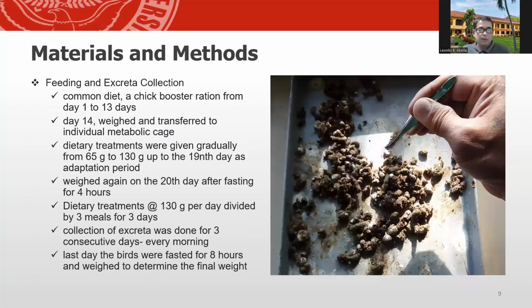Feeding and excreta collection. Chick booster ration from day 1 to 13 was the common diet. On day 14, birds were weighed and transferred to individual metabolic cages, and dietary treatments were given gradually from 65 to 130 grams up to the 19th day as an adaptation period, and weighed again on the 20th day after